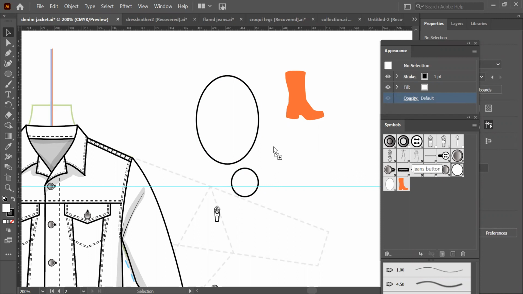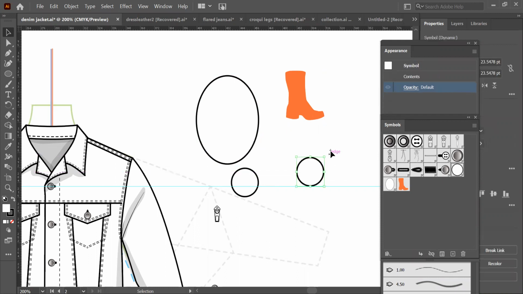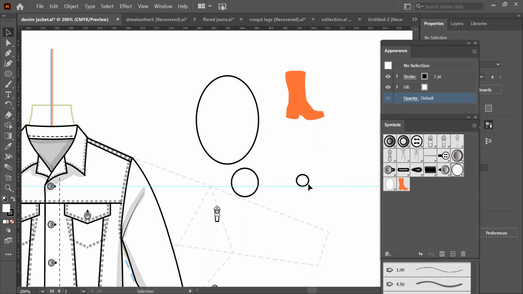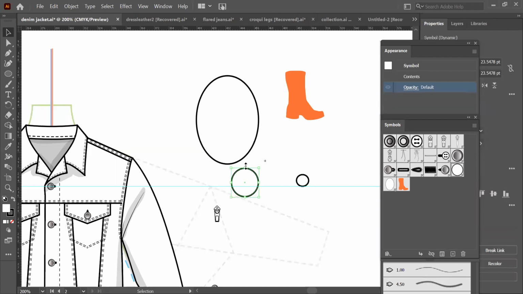Because every time I make it this big, and then if I want it smaller, I make it smaller, but probably I want to use this again. So what do I do then? Either I create a new symbol out of it, or you have this break link to symbol.